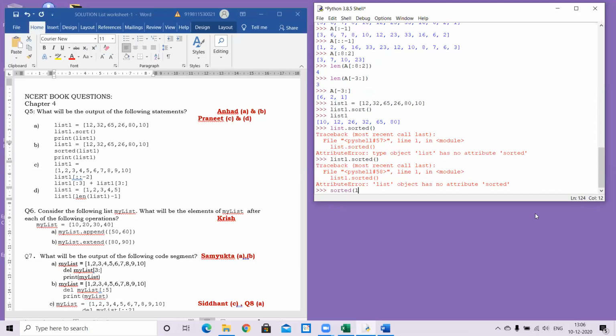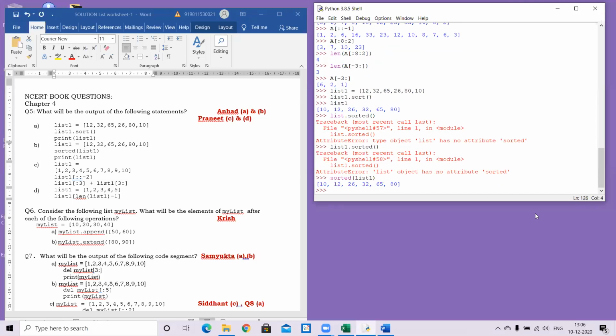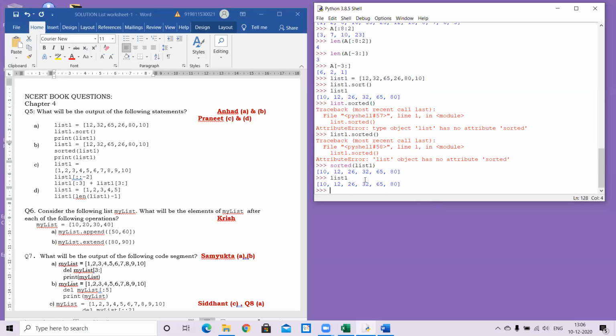Same story. This is really important: if it is the sort function, we use list name dot sort. If it is sorted, then it has to be sorted, brackets, the name of the list. Please remember that. And in this case, it is just printing the data. My list is still the sorted one only.